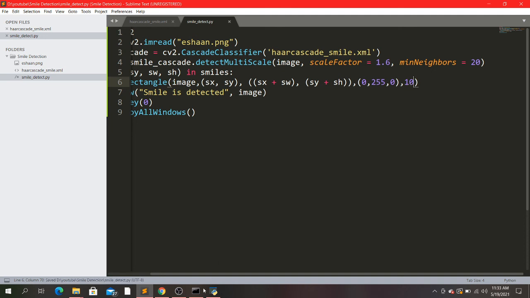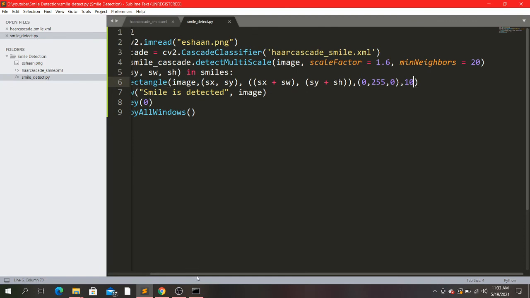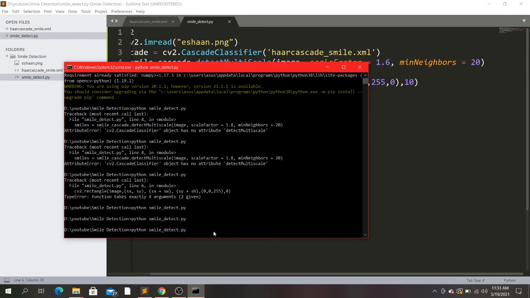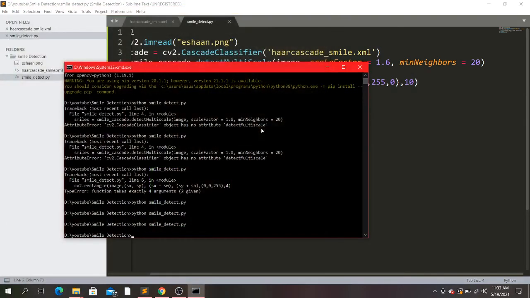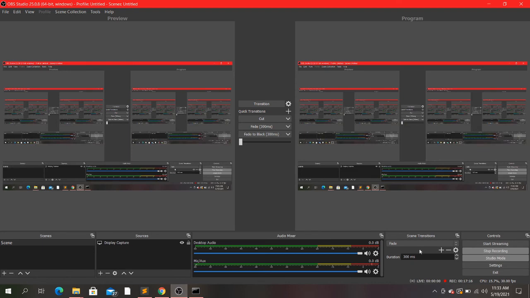Save it and run it. As you can see, the color has changed to green and the width has increased from 4 to 10. So that's it for today. I hope you enjoyed the video.